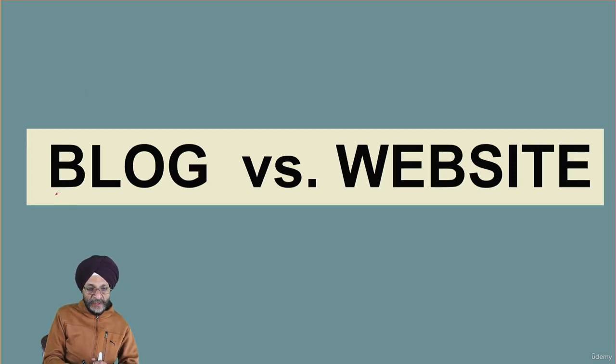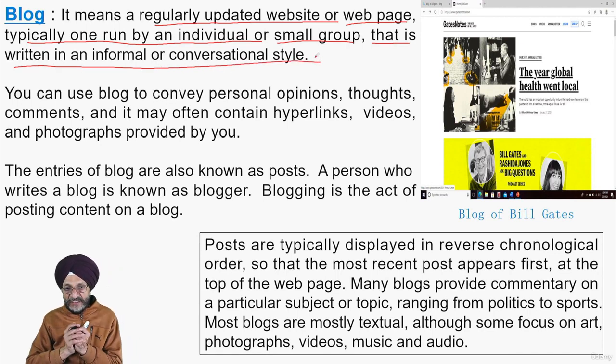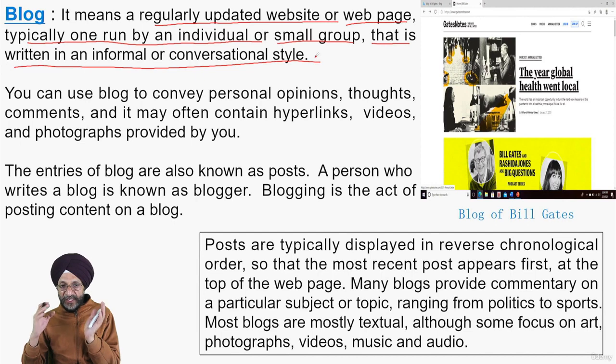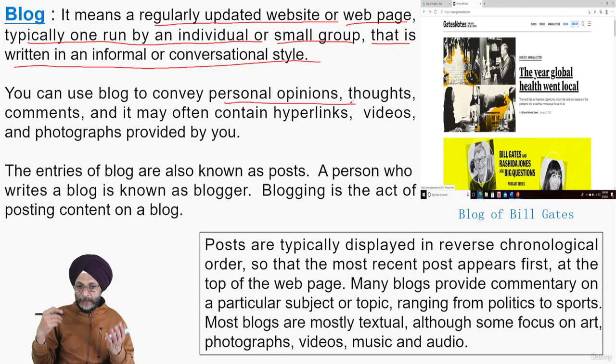Now we will differentiate between blog and website. A blog means a regularly updated website or web page, typically one run by an individual or small group, that is written in an informal or conversational style. A website is written in a formal way because we are to communicate with the public, telling them about our activities or our products or services. But in the case of a blog, we use blogs to convey our personal opinions,